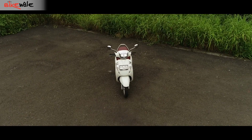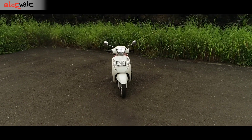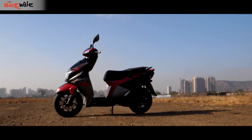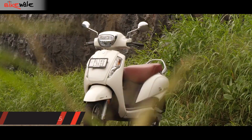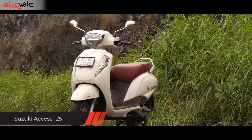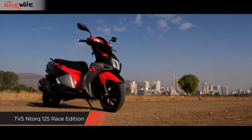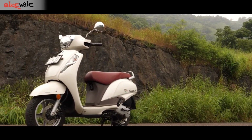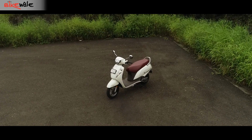India has witnessed a steady growth in demand for 125cc scooters in recent years. So much so that 5 out of the 10 highest selling scooters in the country are from the 125cc category. Ruling the roost is the Suzuki Access 125, and the second most popular in the segment is the relatively new TVS Ntorq 125. So without further ado, we list down and compare all the specifications and features of the Suzuki